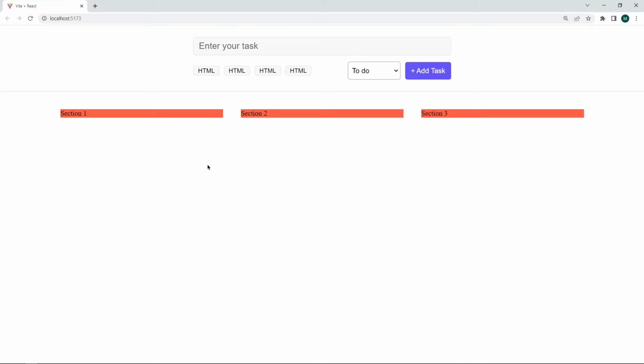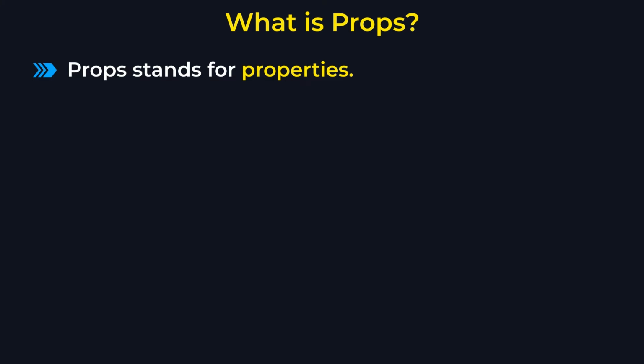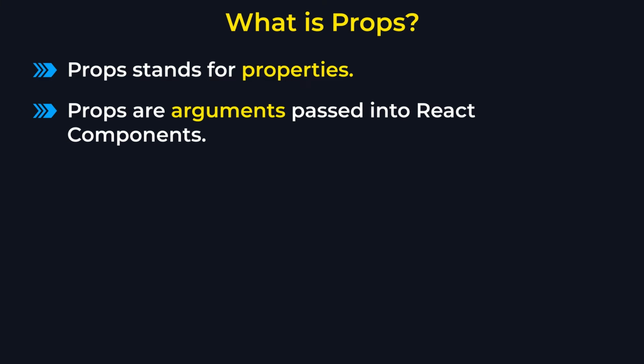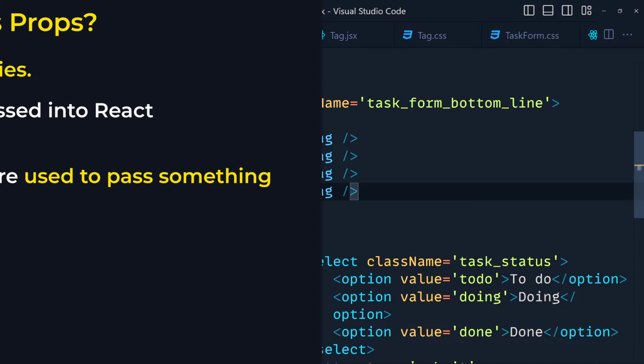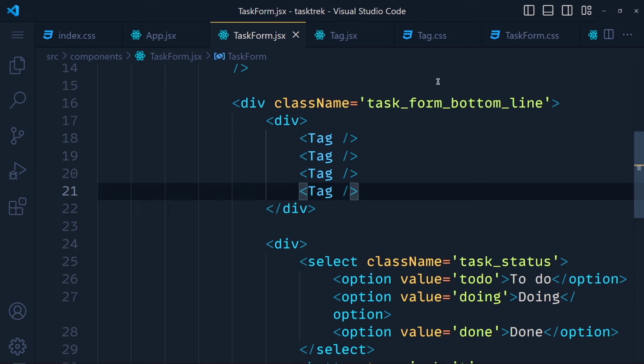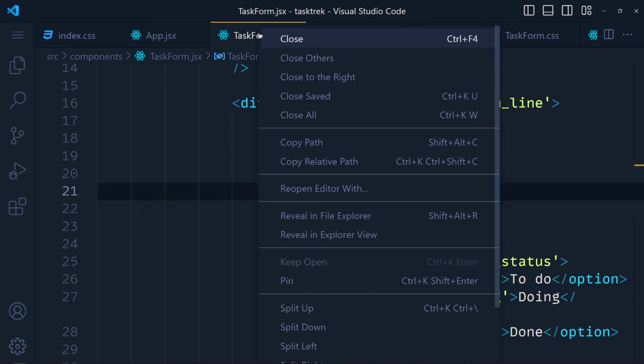Now let's see how we can change the name of this tag button. So for that, we have concept of props in React. So first of all, what is props? Props stands for properties, and props are arguments passed into React components. In simple words, props are used to pass variable in React components. Let's see this practically. Now first of all, let's close this all files by right click on the file name